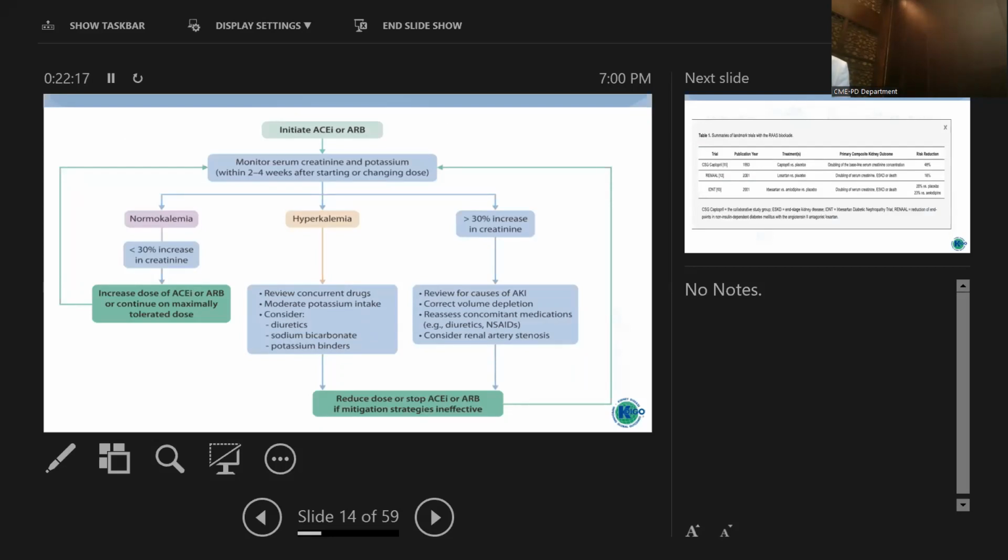If the patient starts to develop hyperkalemia, we have to review. Before stopping the medicine, we have to review the current drugs. We have to advise about a low potassium diet, consider other agents that might help for reduction of potassium, like diuretics, especially in patients who are having edema or heart failure, or can consider sodium bicarbonate, especially if the patient is having metabolic acidosis with chronic kidney disease, or start using the new potassium binders like patiromer or zirconium. These medicines can be used for lowering potassium and maintaining the use of ACE or ARBs because of their crucial